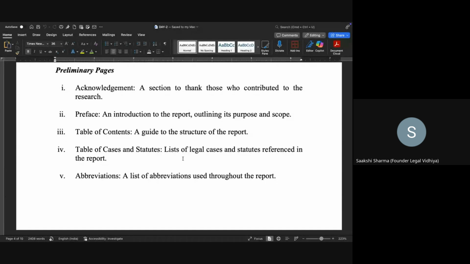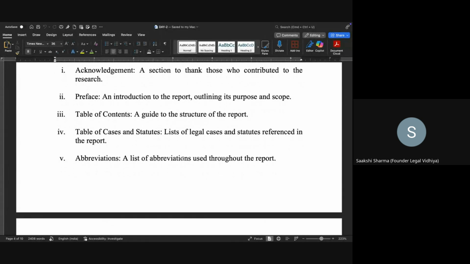Then the table of contents, that is a guide to your research report, because there are many things that you'll write in your research report, right? So वो सारी चीजें, उन सारी चीजों का heading that comes in the table of contents. Then we have a list of statutes and cases, that is what all are the cases that you have referred, if you have referred to any, what are all the laws that you have referred, if there are Indian laws only, if there are foreign laws, if there are rules and regulations that you have referred to, if there are various constitutions that you have referred to, you write that.